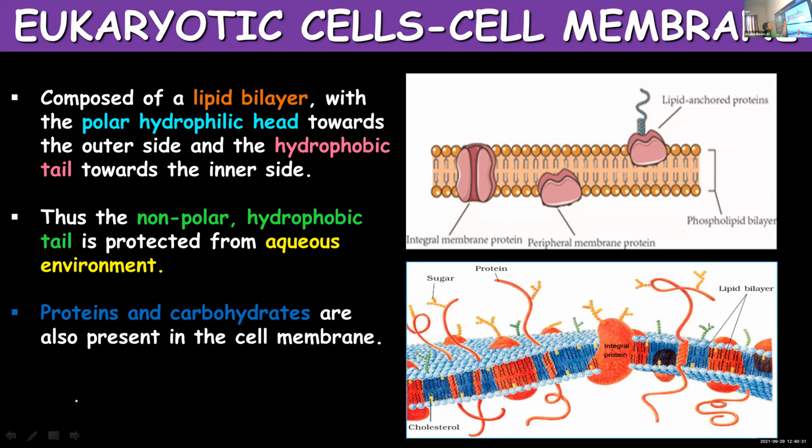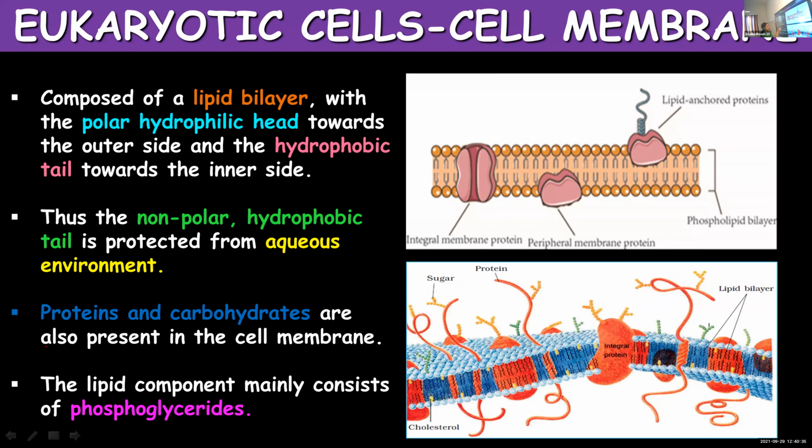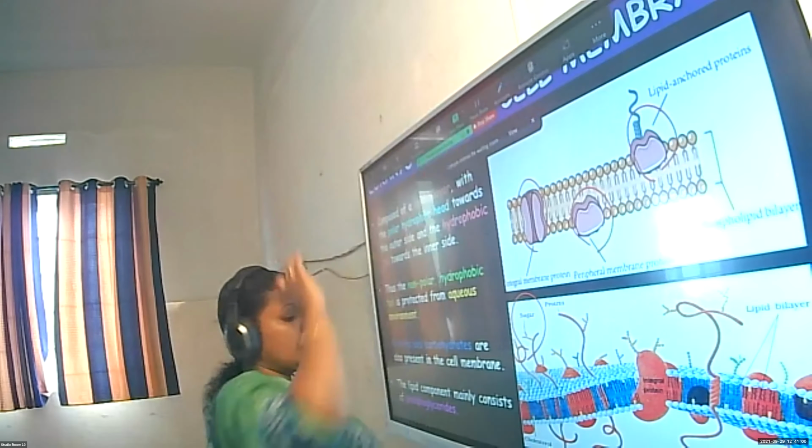In this first figure you can see many other structures scattered in between the membrane. See? Those are proteins, and proteins you can classify into different types. And here you can see even sugar molecules. That is why it is mentioned: carbohydrates are also present. Carbohydrates, proteins and fats make up the plasma membrane.